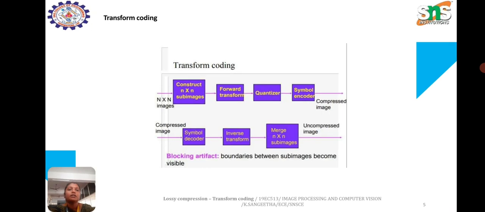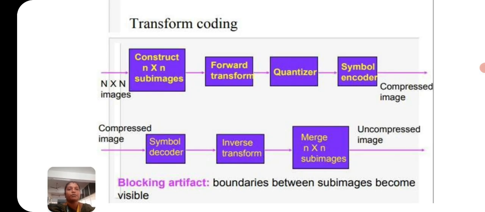So this is the block diagram of transform coding. The input original image that needs to be compressed is typically represented as a matrix of pixel values, that is intensity. The matrix value is intensity or color values. So that is an n into n image, which is given to construct sub images, and it is forwarded to the forward transform. In the forward transform, it converts the input image data from the spatial domain, that is the pixel domain, to the frequency domain, where the data is represented as coefficients